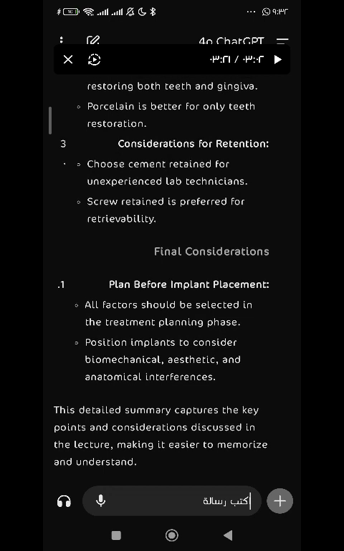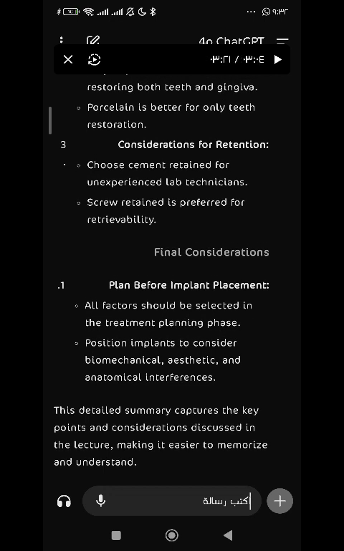Final considerations. 16. Plan before implant placement. All factors should be selected in the treatment planning phase. Position implants to consider biomechanical, aesthetic, and anatomical interferences. This detailed summary